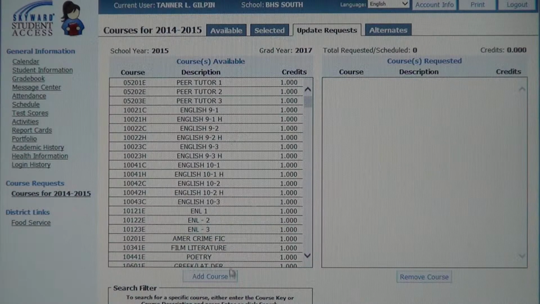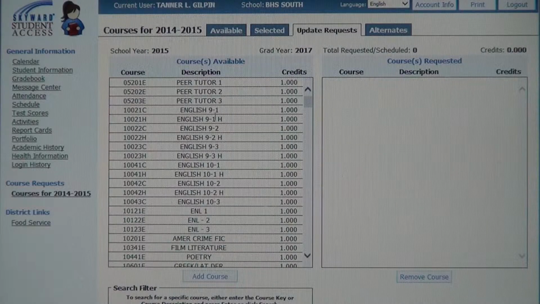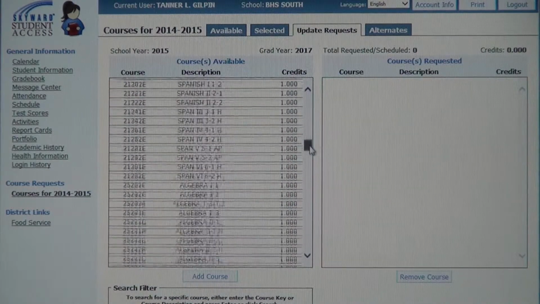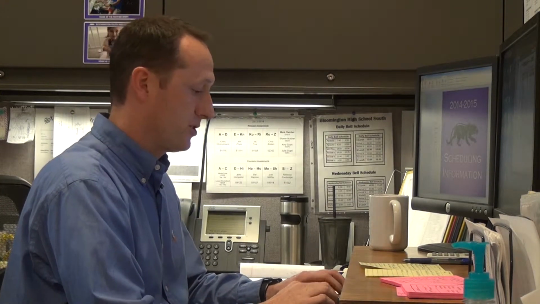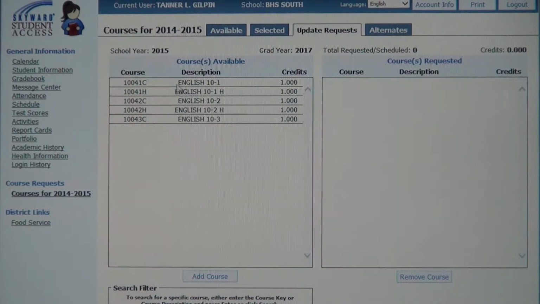I'm logged in as a freshman. So as a freshman, next year I'll be taking sophomore English. Really the easiest way to do it, instead of scrolling through all of these classes, searching for the class you want, down here in this search bar, I'll type in English 10. And then it's also important to remember when you're making your online schedule that you select all sections